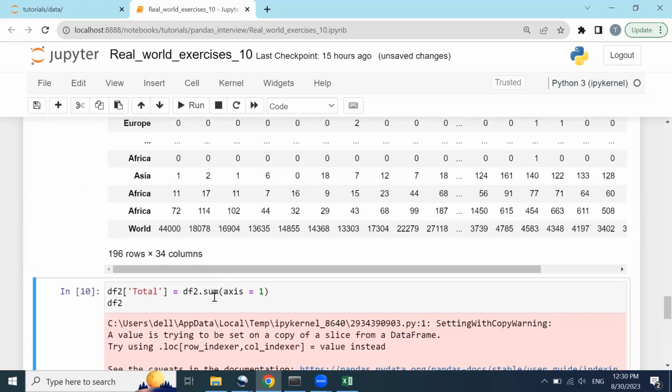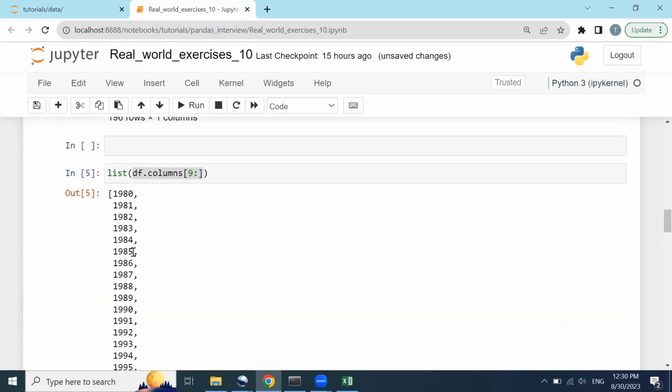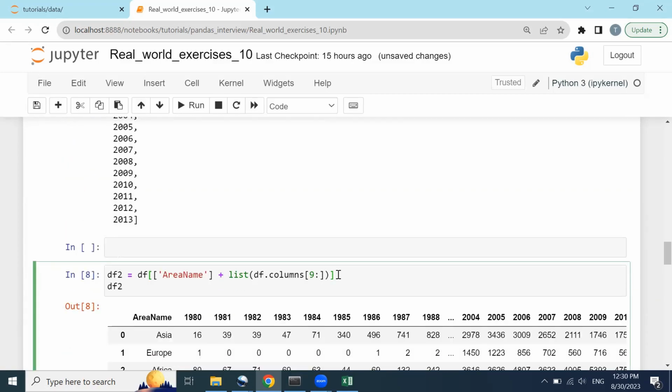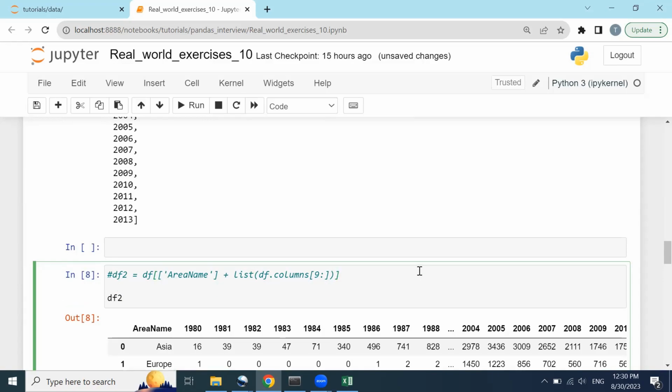Okay, why do I have these values? Because here I can just use another syntax if I want. Instead of adding it like this, I can just use the log method here. How to use it? I will just comment it out, and try to call it in another way by typing the df, for example, df log again. There is no difference, but the syntax will be appropriate. Df log all the rows, this column picks up all the rows, and then I will add in the column name here, area name,